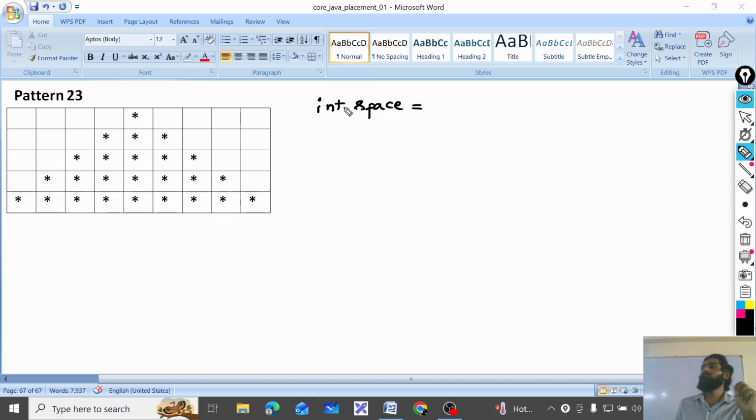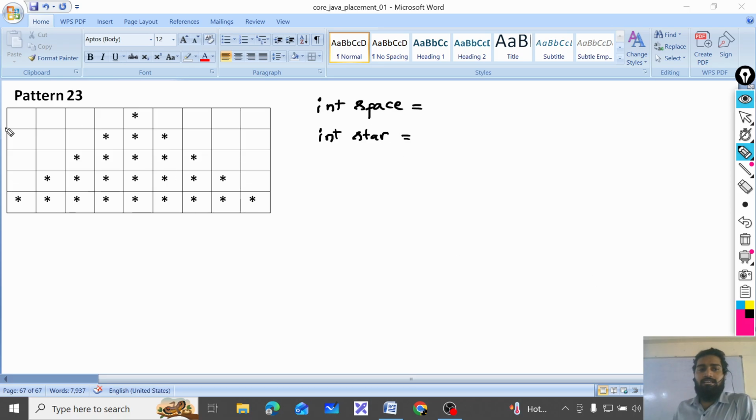Then I will declare one more variable, int star. This star variable is used to print stars. Okay, two variables I am taking, space as well as star.